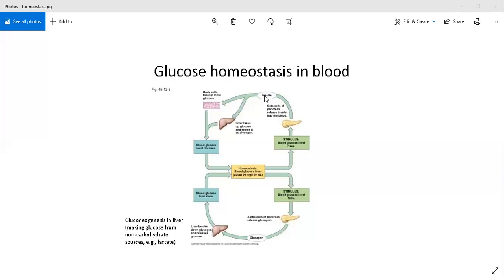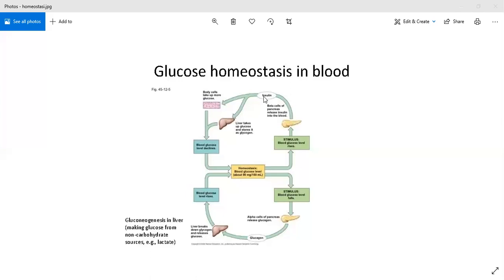So what will insulin do? Insulin is going to try to reduce the amount of glucose in the blood. So insulin will act to reduce the blood glucose level. Insulin will try to combat that hyperglycemia to normal glucose level. But the question is, how does insulin do that? Now, insulin does two things. One,